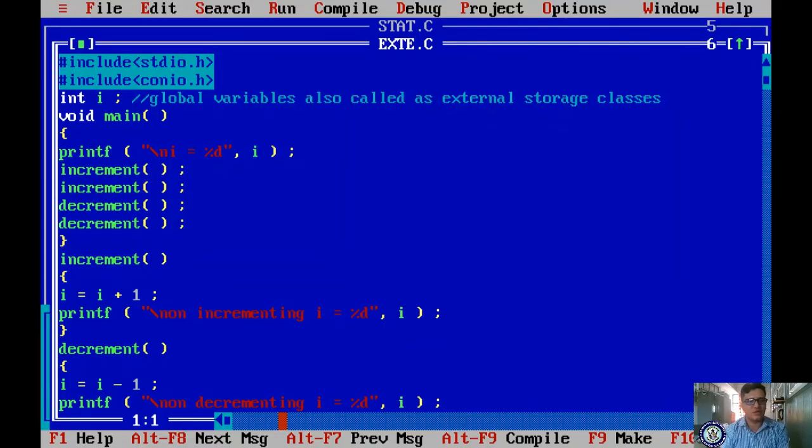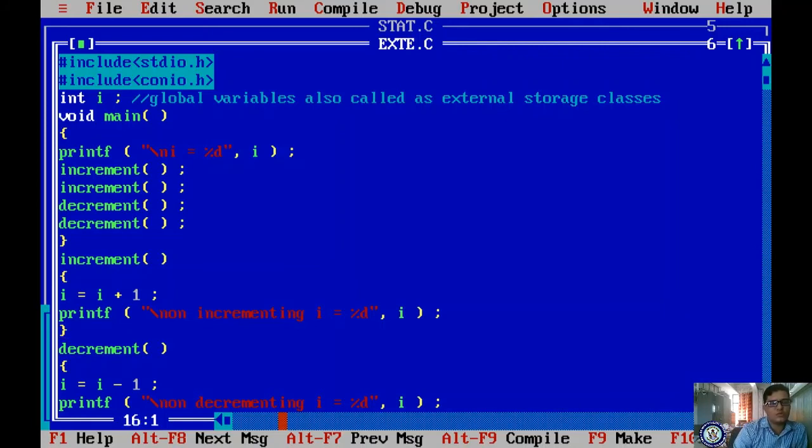So here you are seeing the default value is 0. If you have not initialized this value, then it is taken as 0, and you are calling the increment, 0 plus 1 is 1, and it will print 1, and now it is already holding 1. Once again you are calling the same function increment, so already 1 plus 1, it is 2.